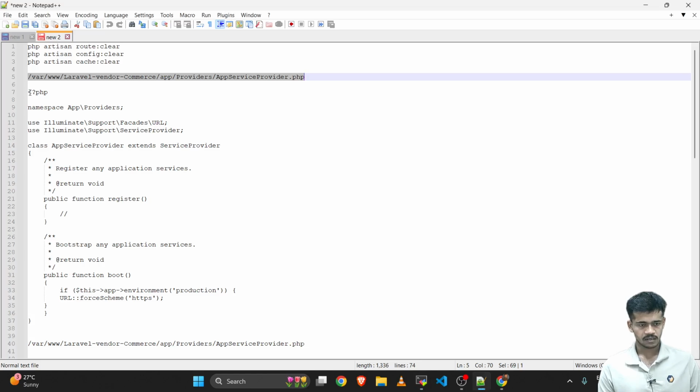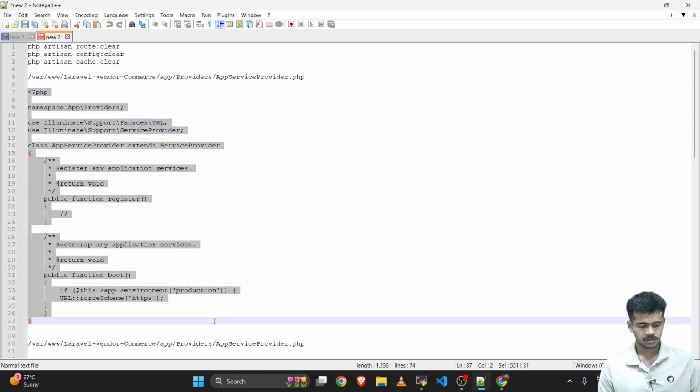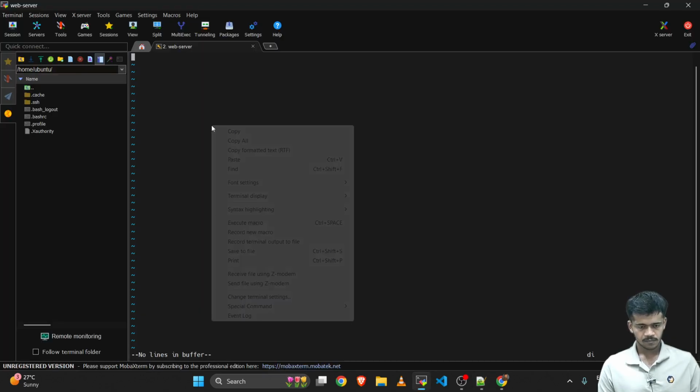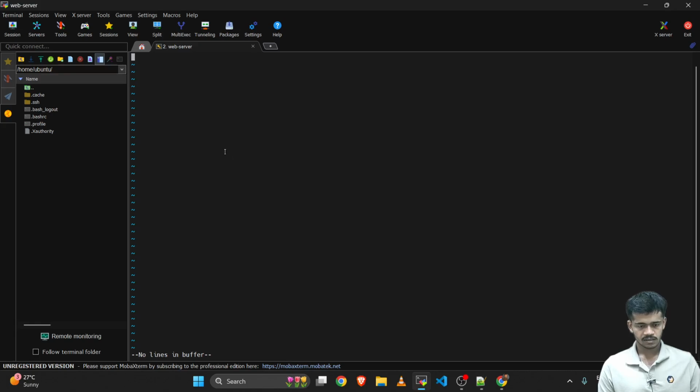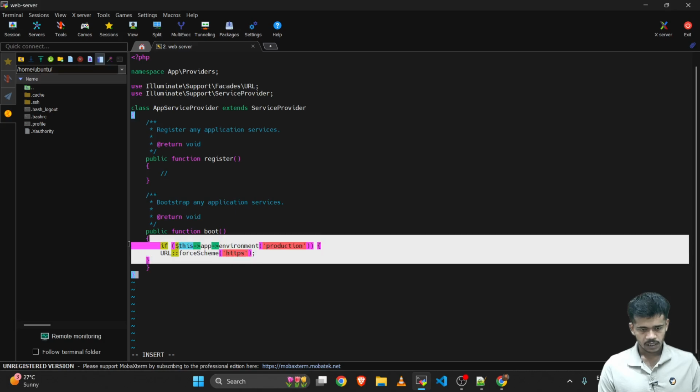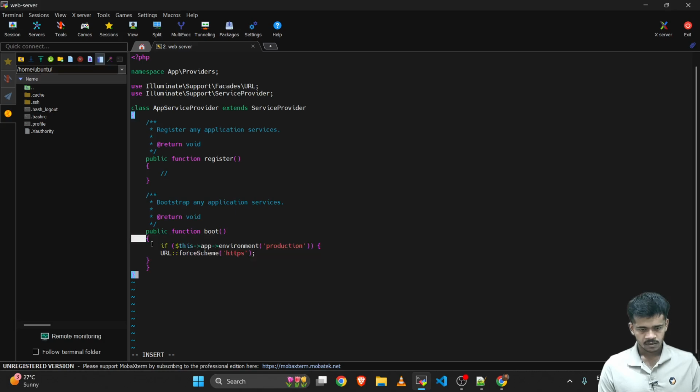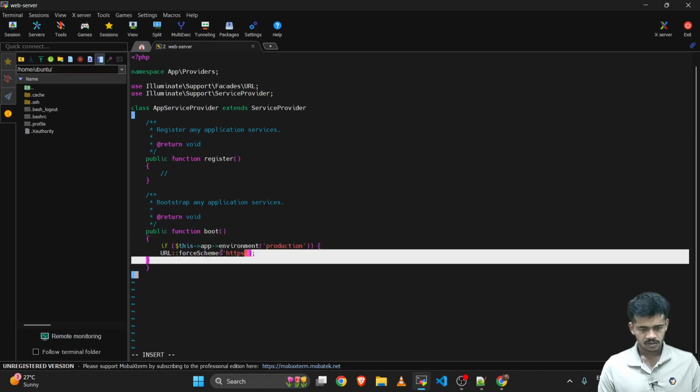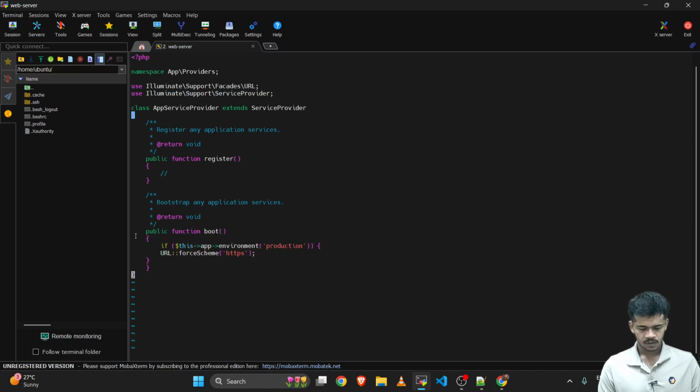I'll add this content in the description box also. The previous file does not contain this part, so I added this part: if the environment is production, force the scheme to HTTPS. Just save this file